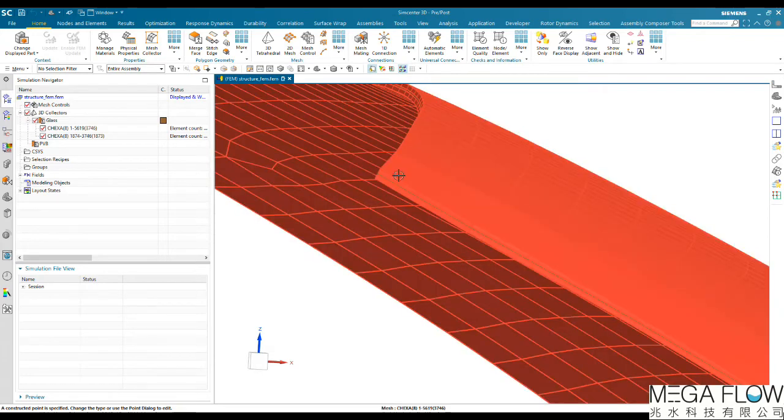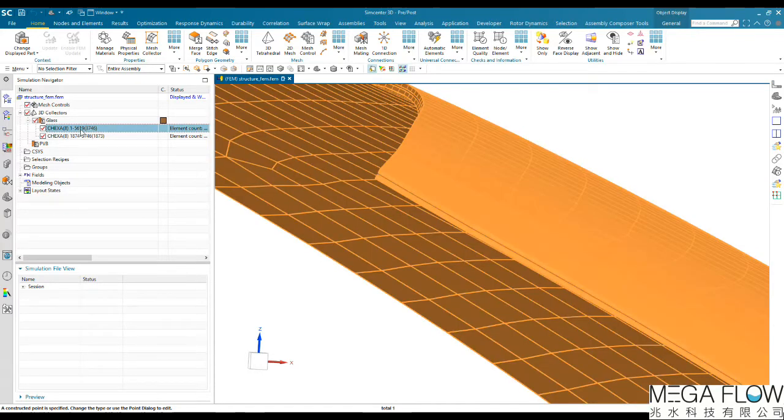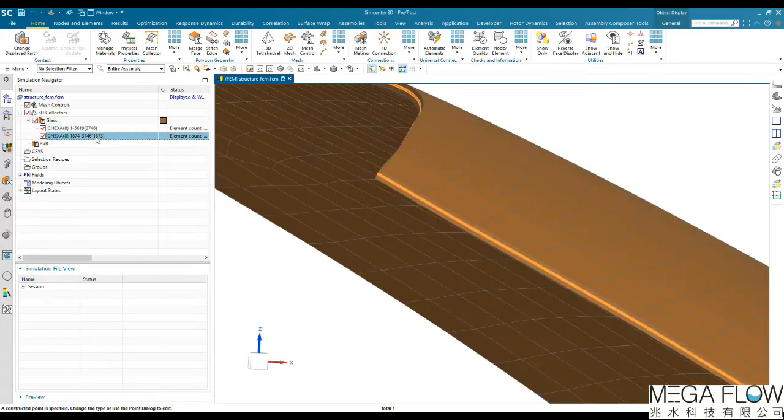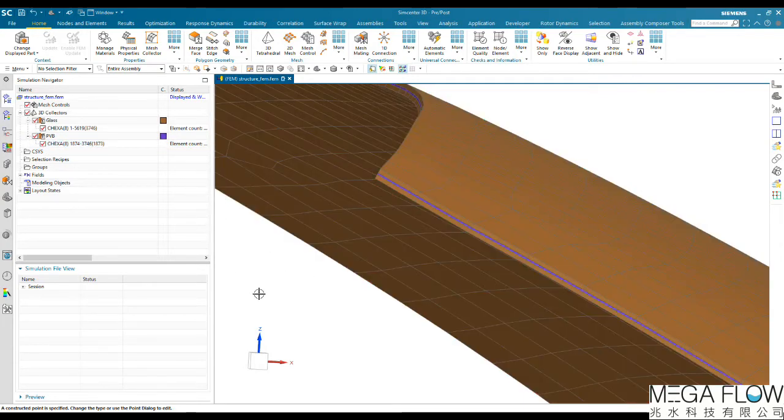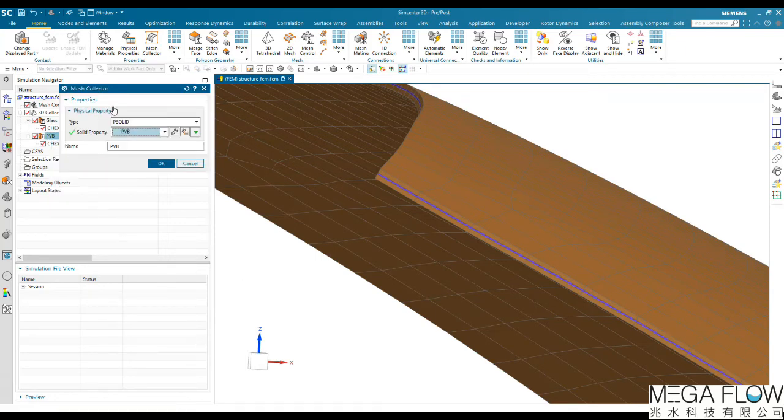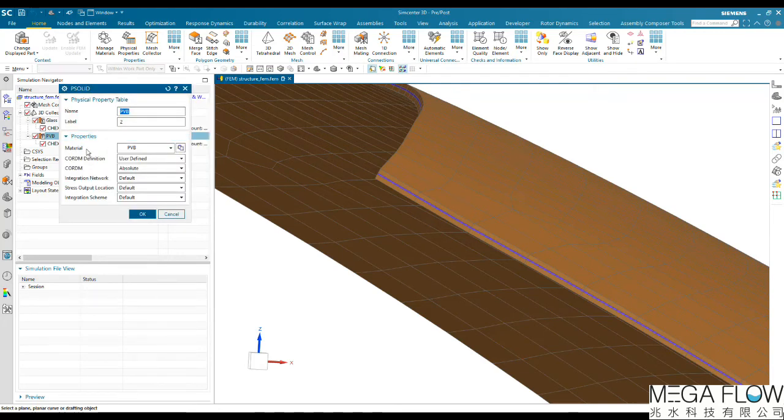As we said, we have this mesh for the exterior side of the panel, and here the intermediate layer. So I'll simply move it under this collector that already contains the PVB. So we see now this purple mesh, and if I edit this collector, edit the property, and voila,